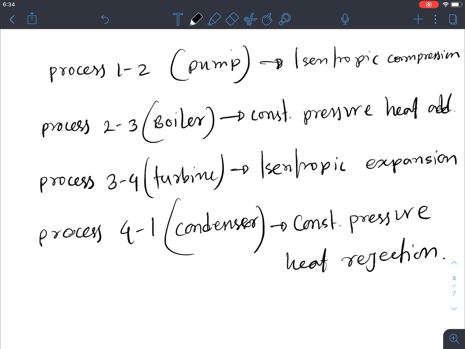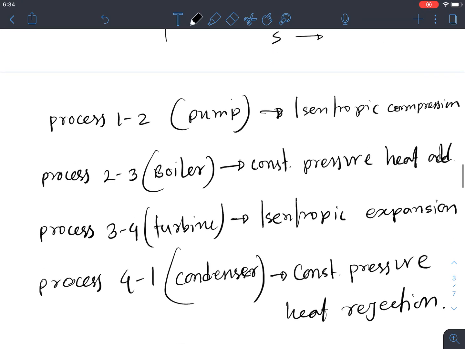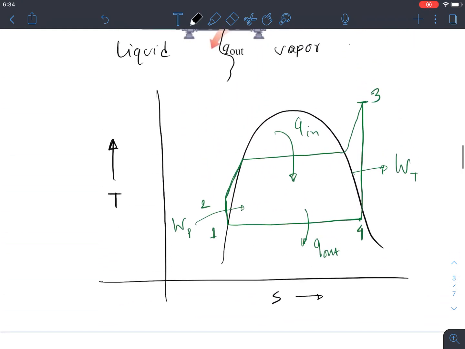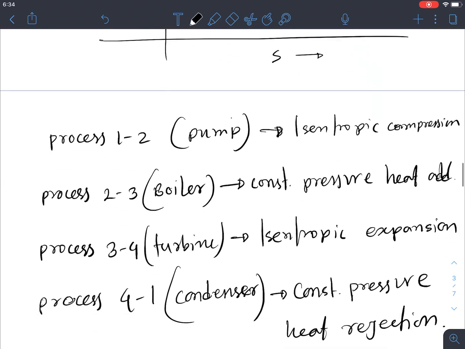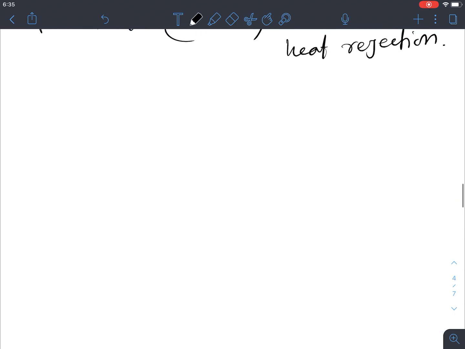Right, so now we know all of those processes, what is happening in each of these processes. Now let's take a look at the energy analysis of this cycle. What would be the expression, right? So if we want to do the energy analysis,